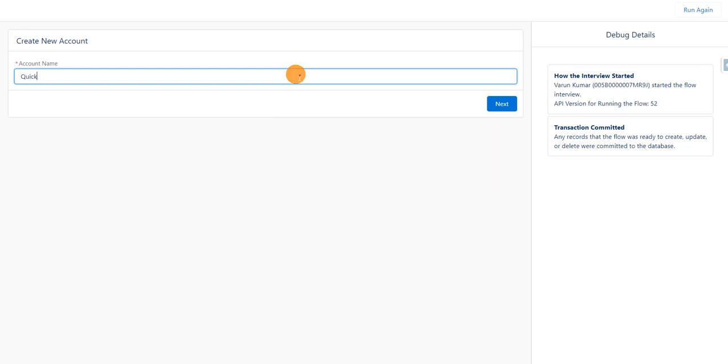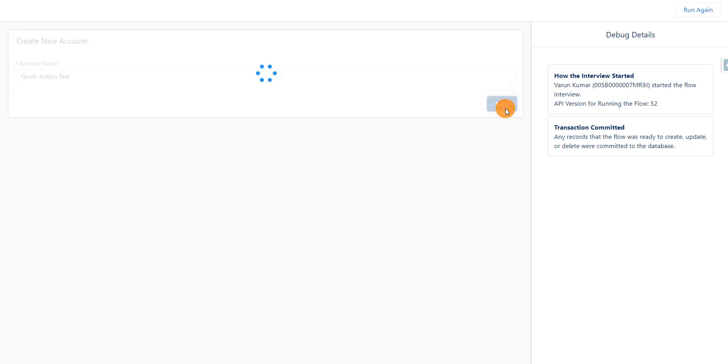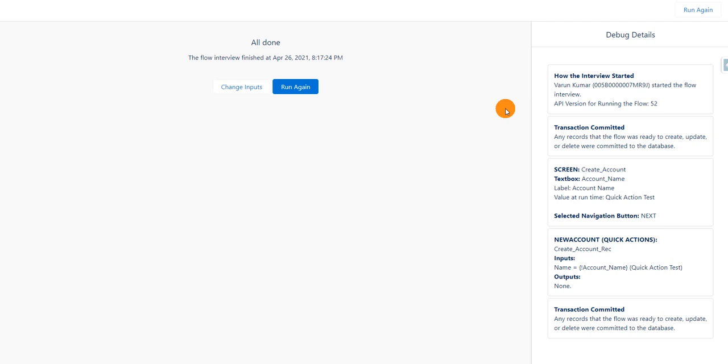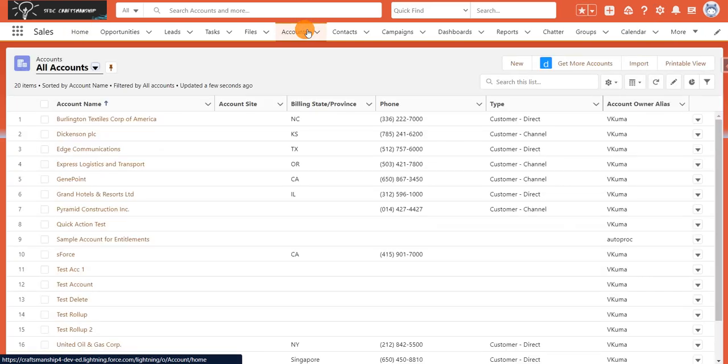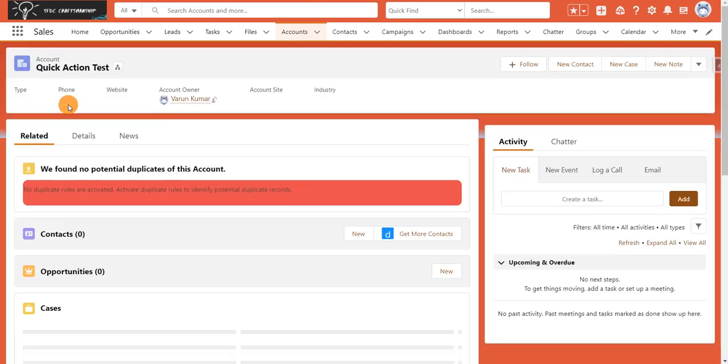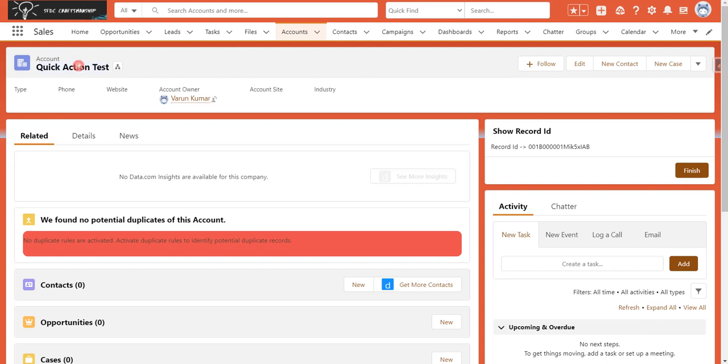I'll name this quick action test and click on next. You can see here my flow ran successfully, and let's check whether the account has been created successfully or not. You can see this is the account which we created, quick action test. The account has been created successfully.